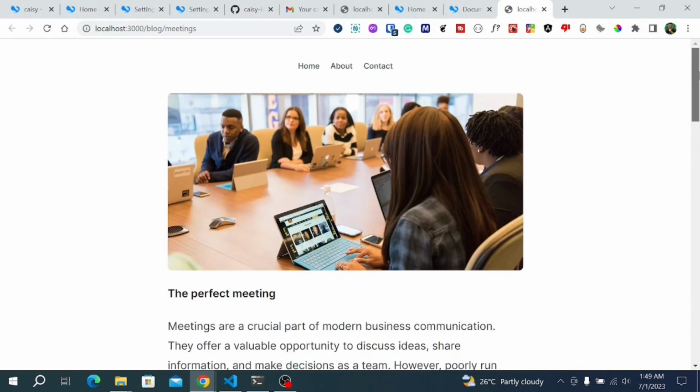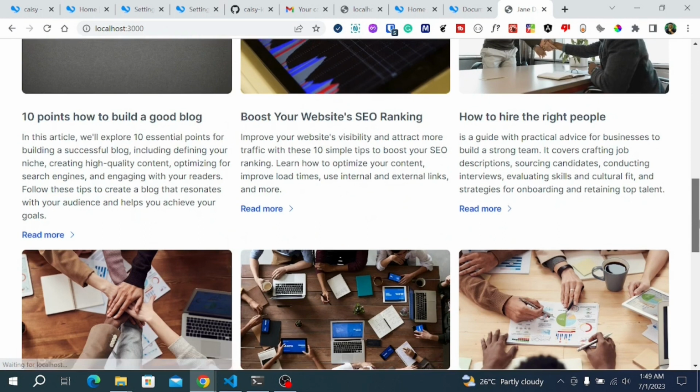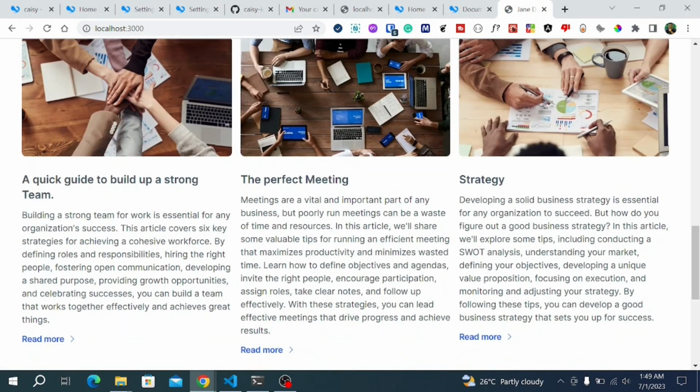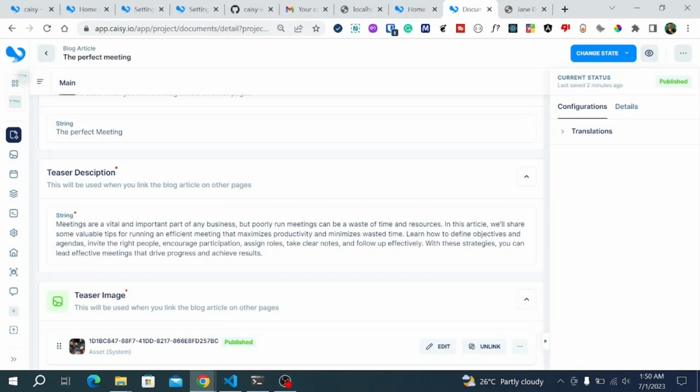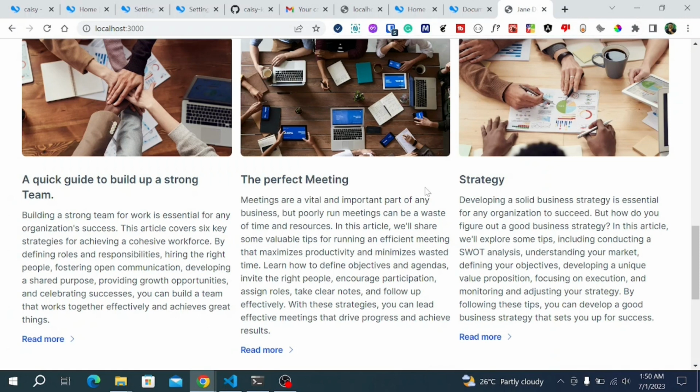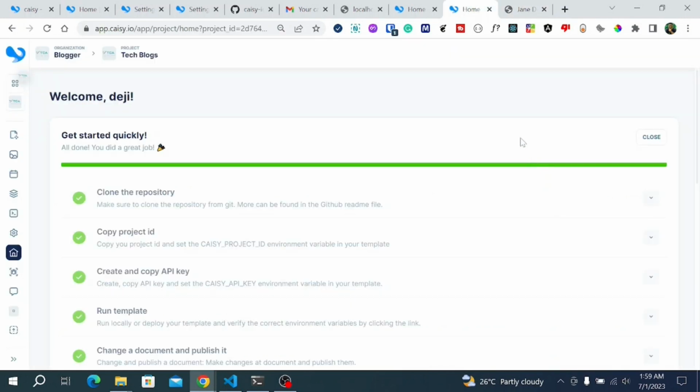As you can see, after clicking on the eye icon, it takes us to that particular blog post. But the change we made is not even in the blog post, it's in the preview section. So for instance, if I click on the home section and I scroll down, you can see it says meetings are a vital and important part. Which is the change we have right here under the description part. So that change is reflected here. And so with all the 7 steps followed step by step with no steps skipped, we can now proceed to